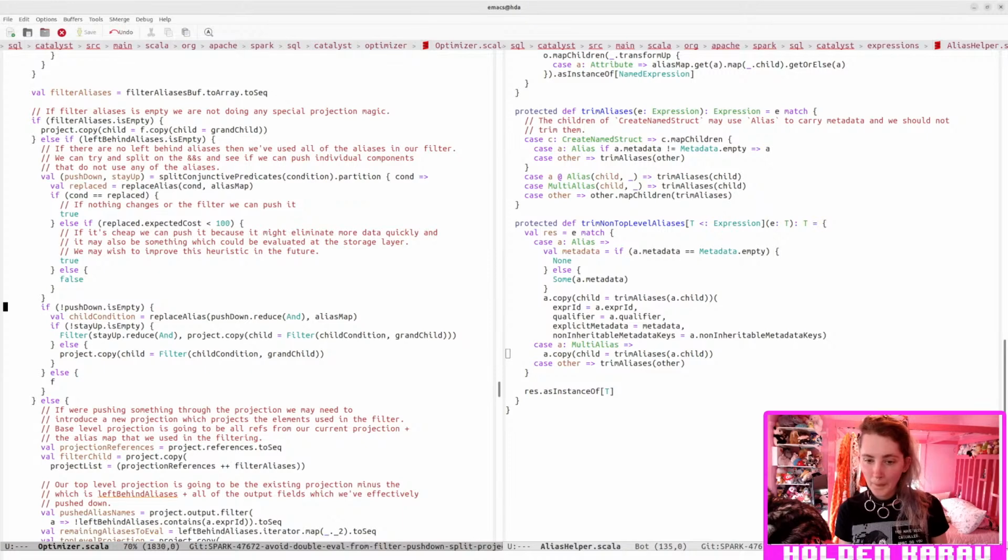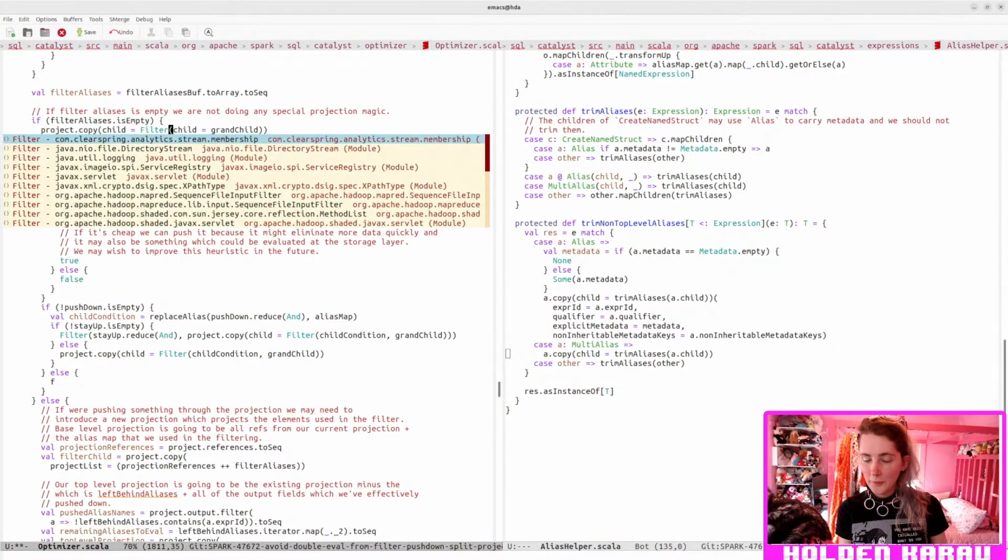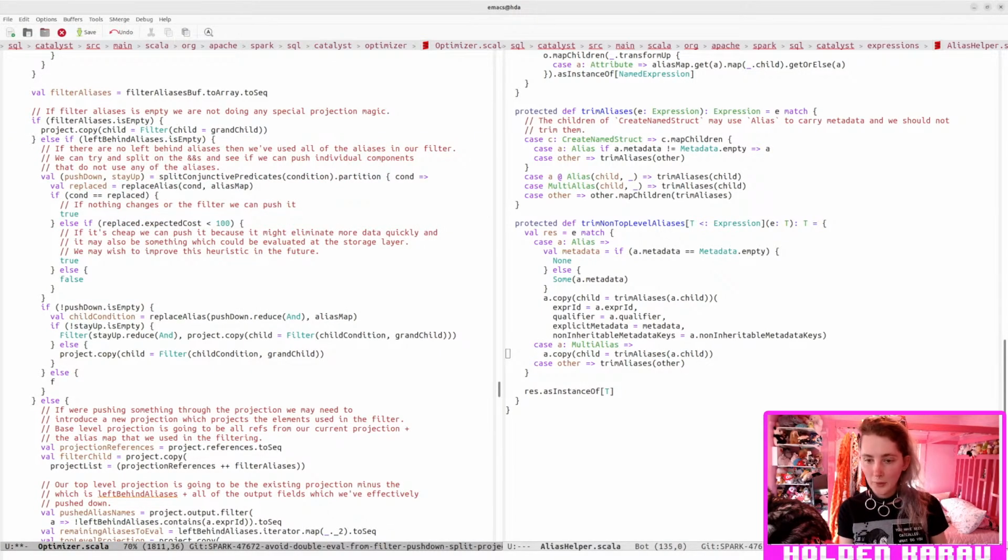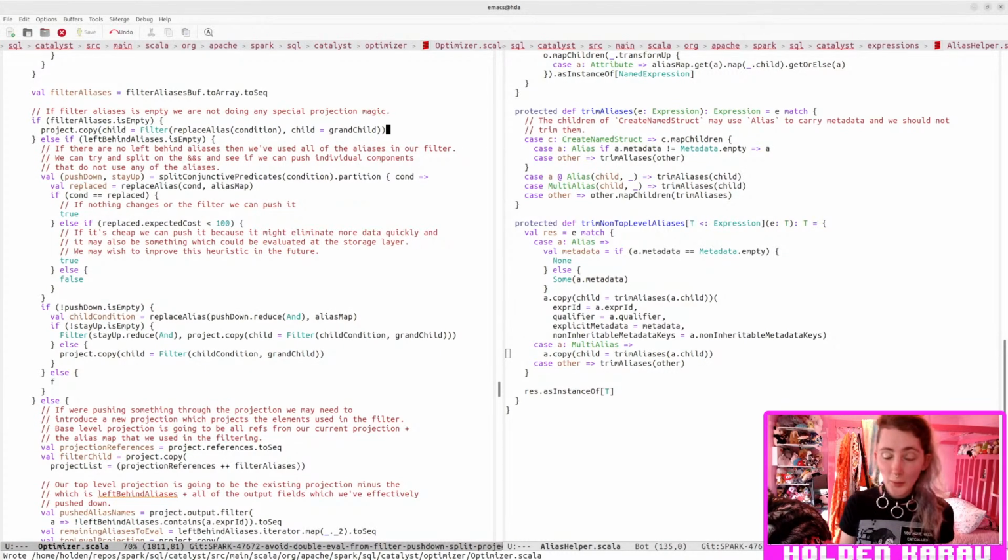So filter replace alias otherwise. So if we have used some filter aliases